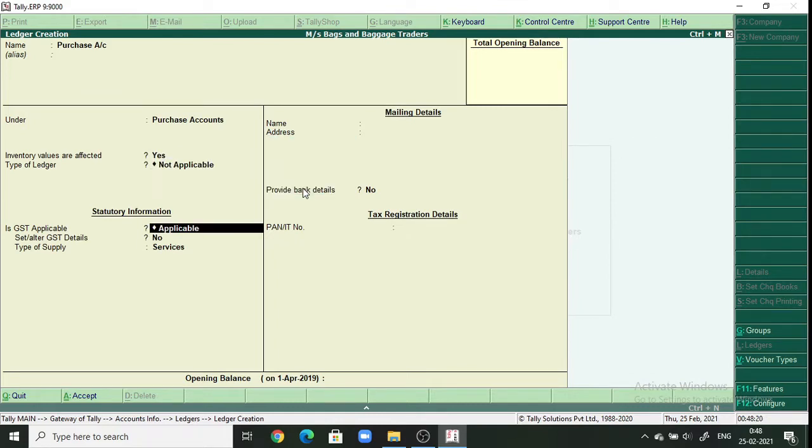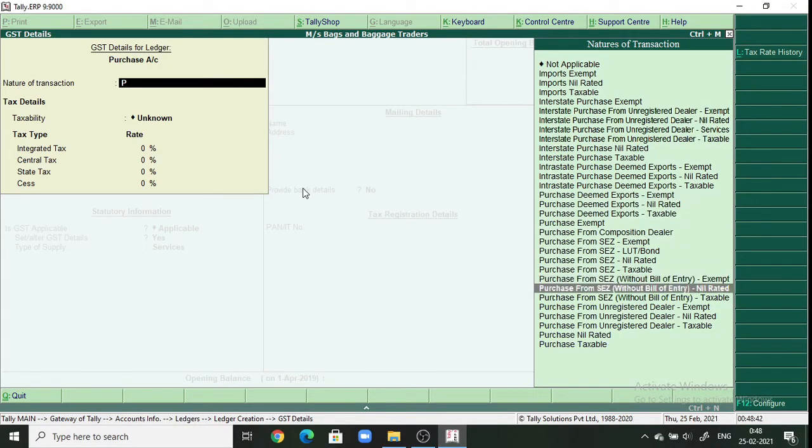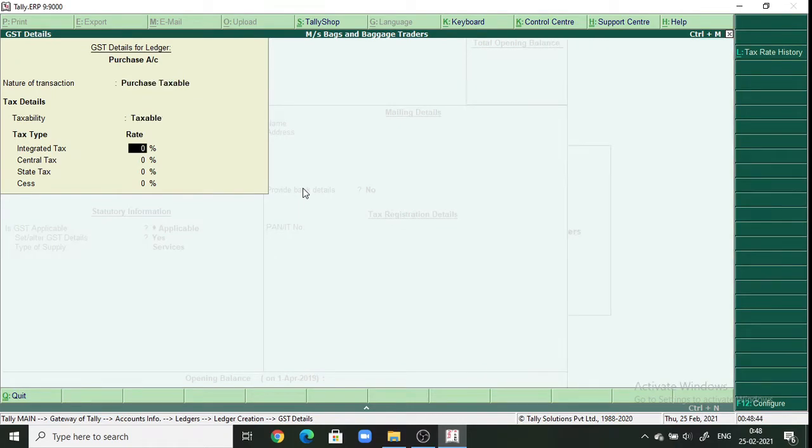and your applicable is yes, and set GST details as yes. It will give you this interface. So nature of transaction is purchase taxable, which is at the bottom. Select this, and